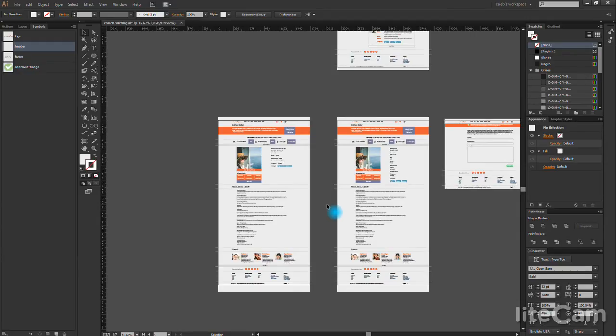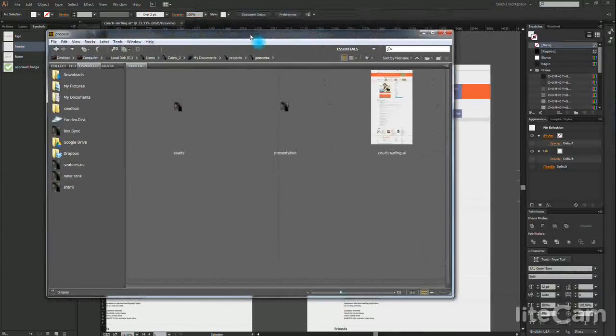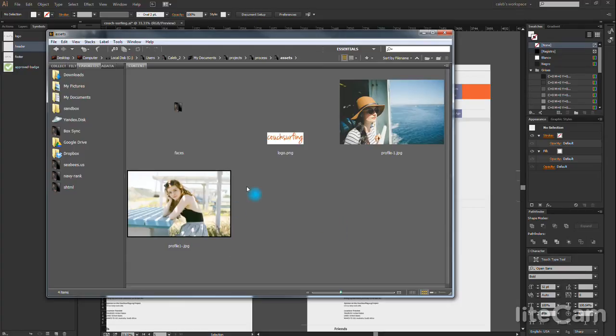Let's see, linked images. So how I have my folders set up is I have everything in one directory, and the working file is one, presentation, and then assets, and assets being any images. And I like to use fairly generic names like profile or image 1. That way, if at any point I just want to update stuff,